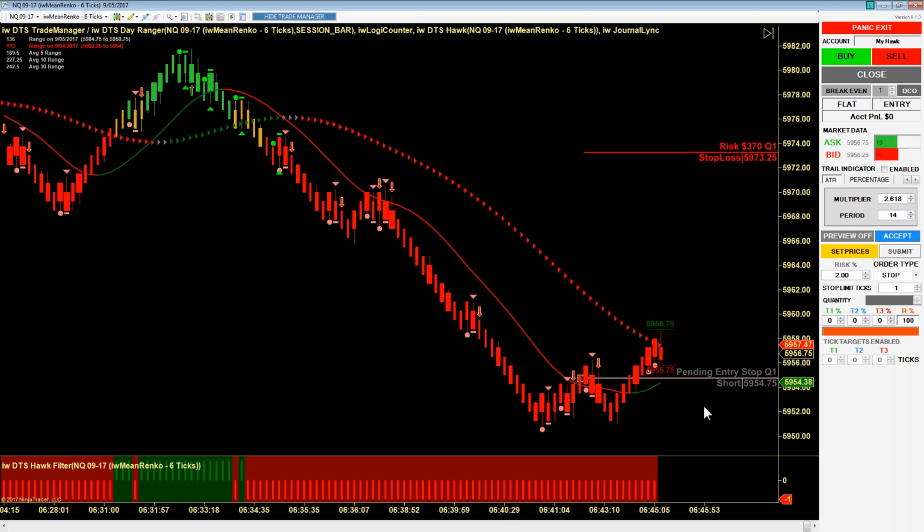This is quite the pushback from the buyers, by the way. We do have a little bit of a double bottom. There is our 4th arrow. Okay, there's our signal. No time for me to adjust the trade in there, but